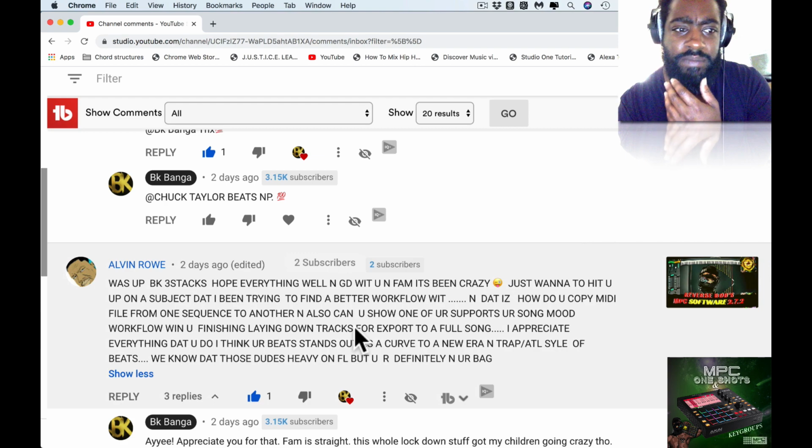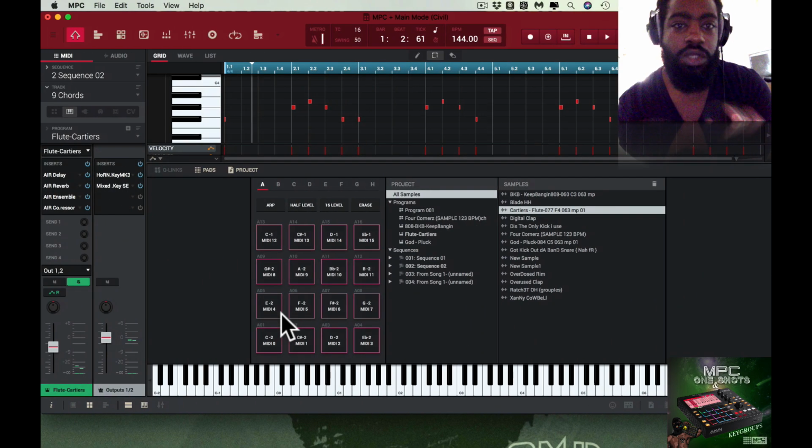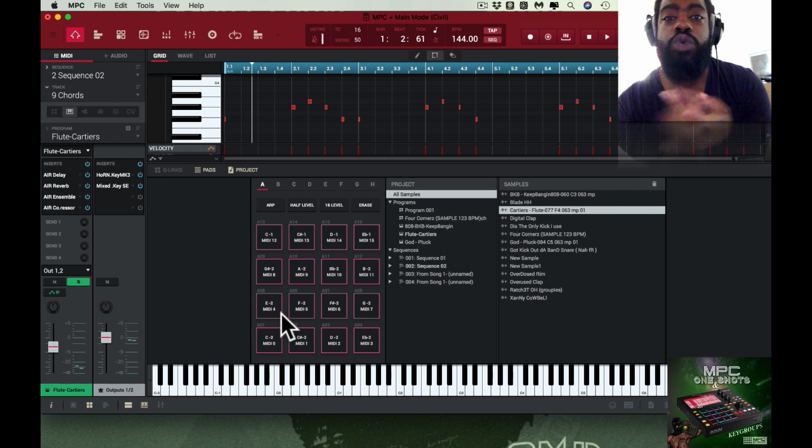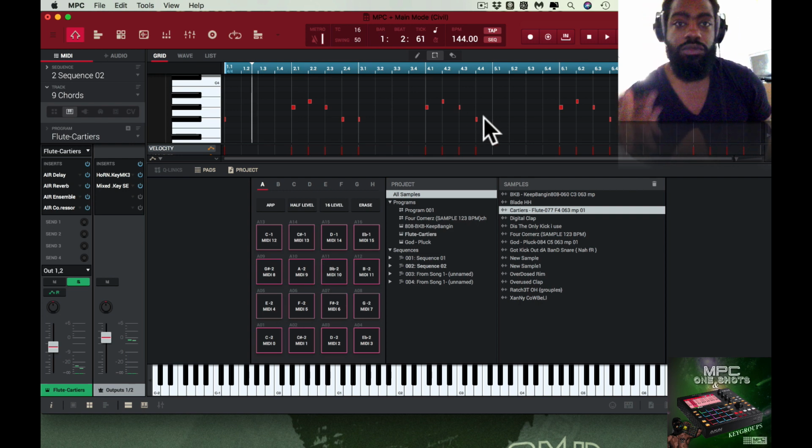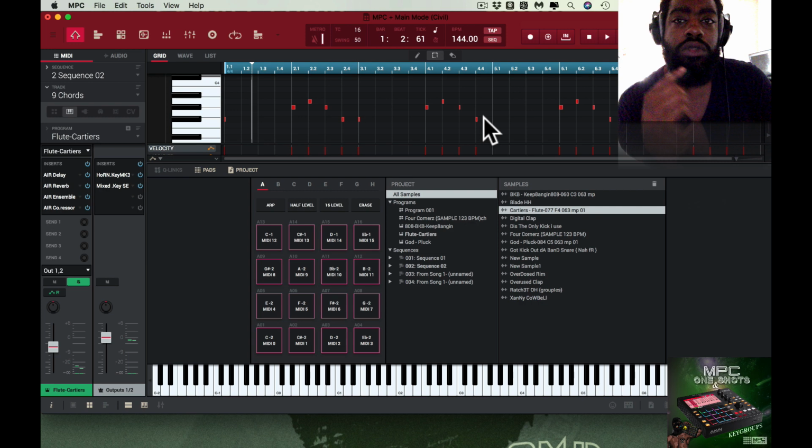How do you copy MIDI file from one sequence to another? Okay, so he wants to know how you copy it from one sequence to another sequence. I'm gonna show you how you copy it to another track, and then I'm gonna show you how you copy it to another sequence. And he didn't verify if you was on controller mode or standalone, but